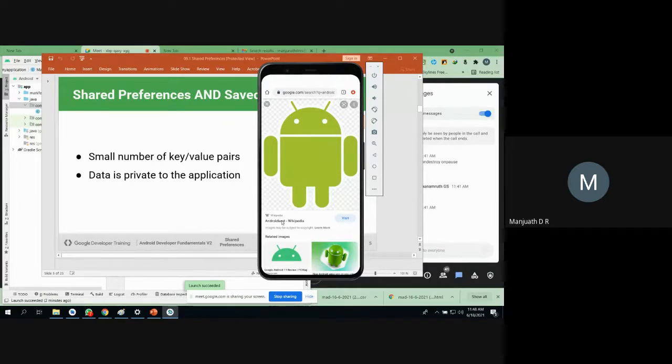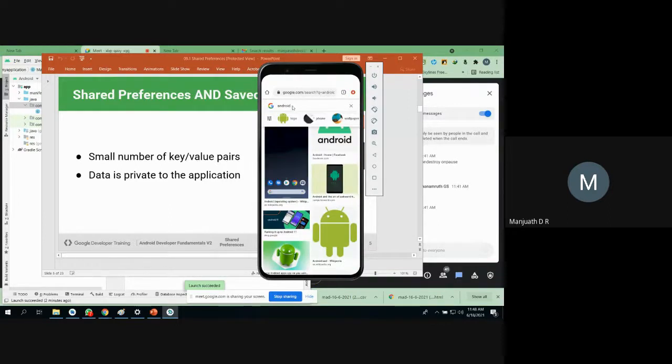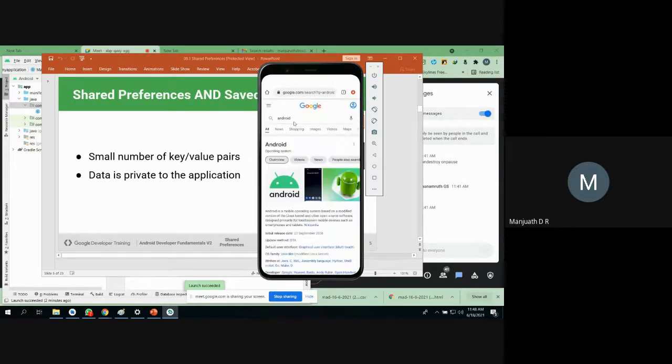Now my application, whatever the previous activity was, is completely replaced by another activity, right? We have one different activity. Now I'll go back. How do we still have this Android present here? It should be removed, right? Why is this information still stored there? See, if I go here also, still Android is there. How is it possible? How does the system remember that I have typed Android even though I am in another activity? So there comes your shared preferences. This type of information you want to store in your local device, private to your app, with respect to this Chrome app, okay?